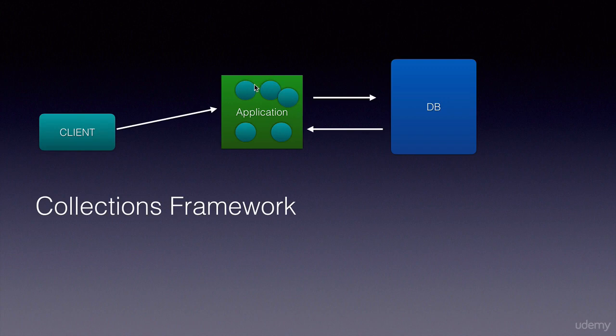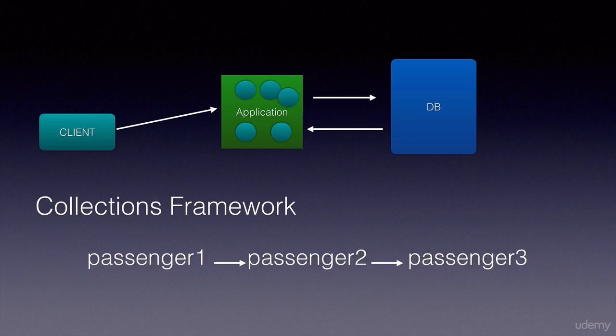For example, if it's an online ticketing reservation system, we might have a number of passengers accessing our websites whose objects we need to load into memory. That is where the collections framework comes in, and it provides us with interfaces, classes, and methods that are ready to use to store these objects and manipulate them. Unlike arrays, collection classes and their objects are dynamic. That is, they can grow in size dynamically at runtime.